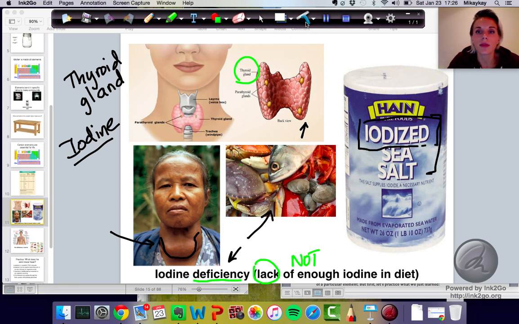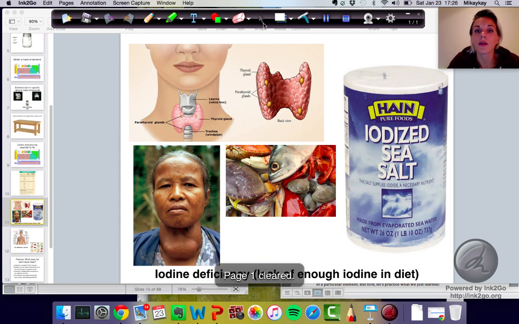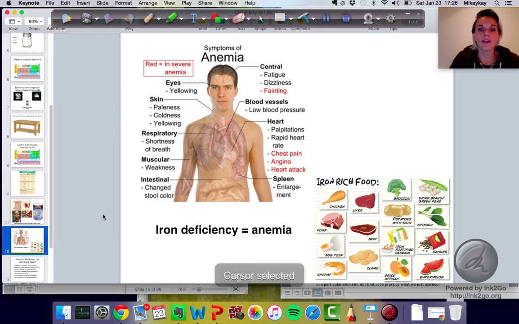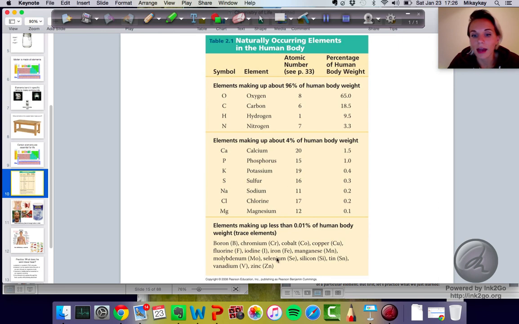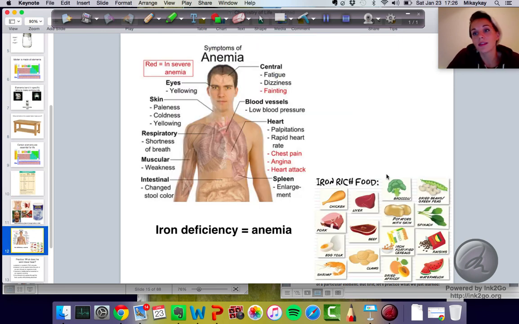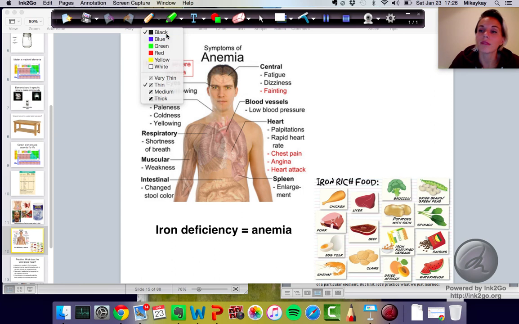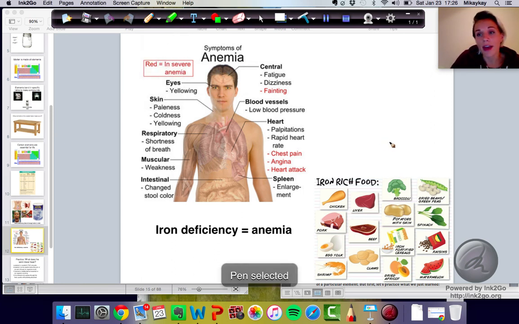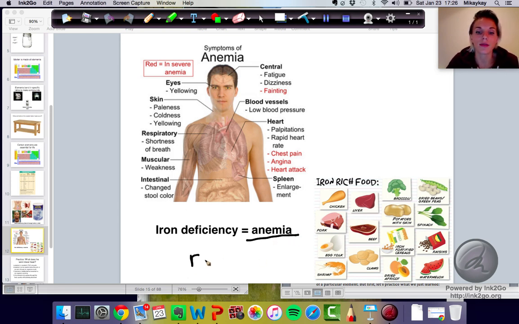Another example that we don't really need to go into too much depth, but maybe you've heard of, is if a person does not get enough iron, right? Again, we can remember that iron was one of our trace elements. You need it especially in your blood, because iron is the element that allows your blood to carry oxygen around your body. And if you don't have enough iron, one of the things that happens to people is that they become anemic. They develop anemia, which means that they don't have enough red blood cells.